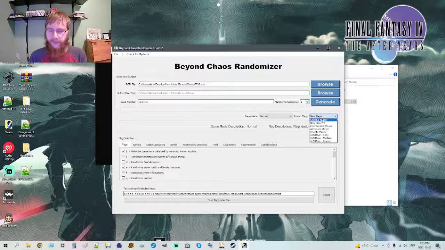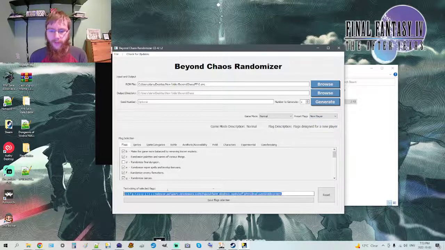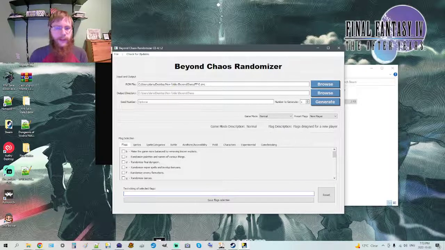If that's not really something that you care about and you just want to build your own flag set, go ahead. These flag sets are decent enough, but most users tend to build their own. And so I will also be building my own at some point, and I will be showing how to save it. It's a very simple process. You can save your own flag sets, and then they will appear in this drop-down. We'll get to that. As for the flags themselves,